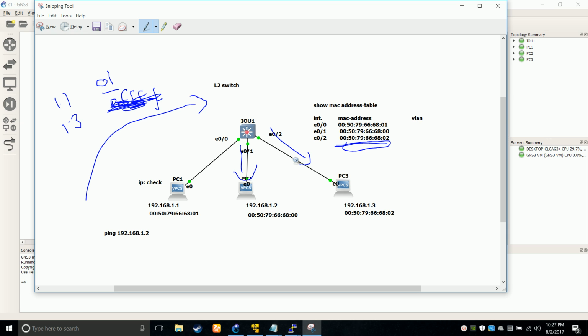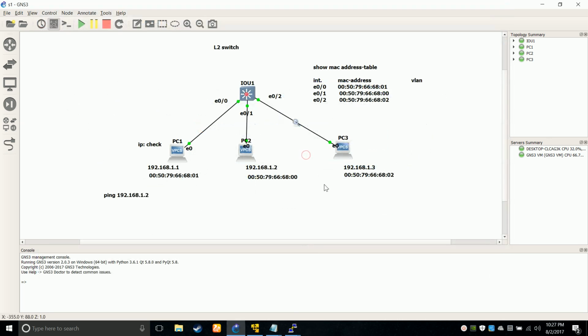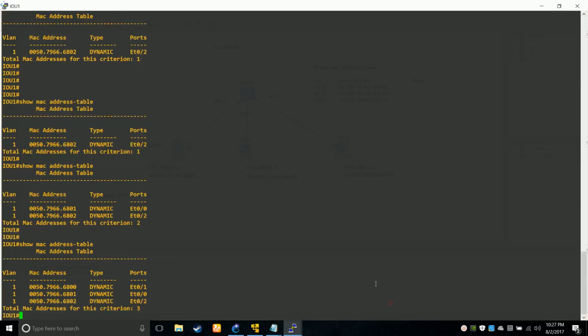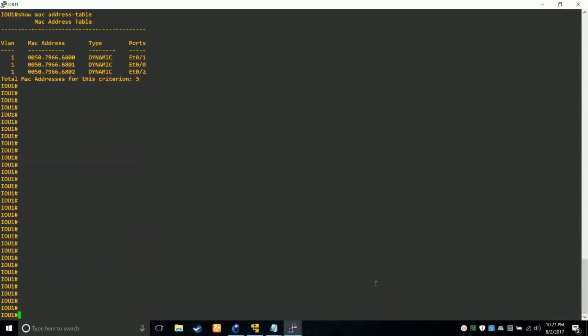So if somebody asks you, will there be a time when a switch is going to broadcast a unicast packet, the answer is yes. Unknown unicast: for the first time, the switch doesn't know which interface the destination MAC lies on, so the switch will receive that unicast and send it to all the devices. It will receive the reply, it will build the MAC address table, and then after that there will be only unicasting happening. So this is all about switches. This was a long session, but we learned a lot of things about switches. Last thing,